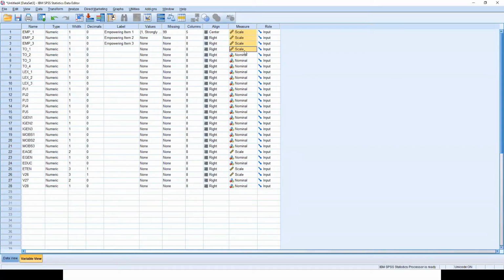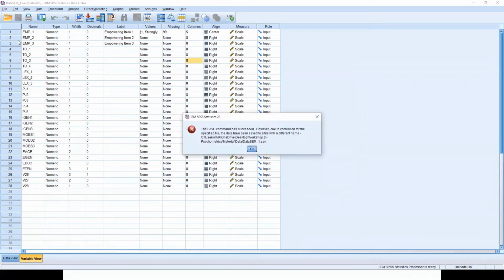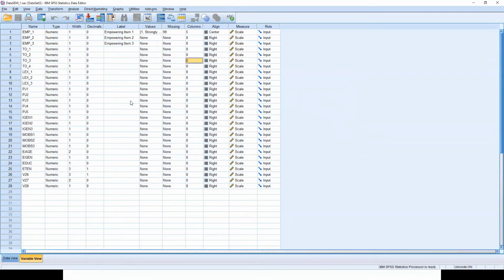So all Likert scales we will code as this. You can just copy all of this and paste it, and save this. Okay, so we have done this, right?